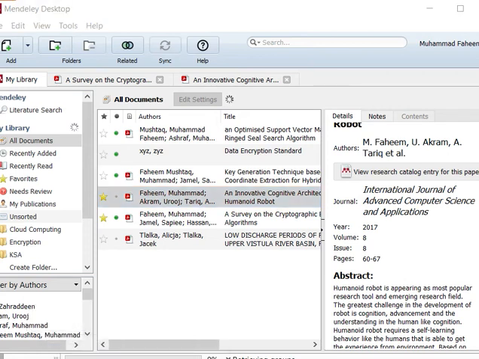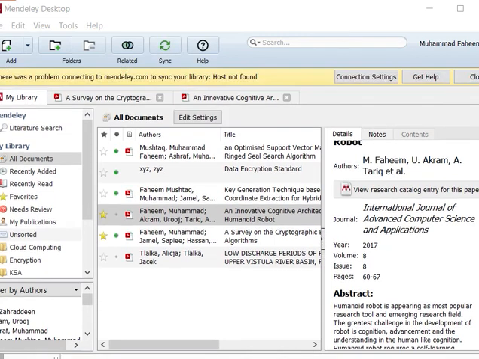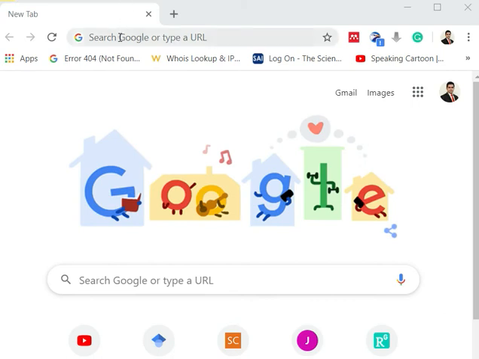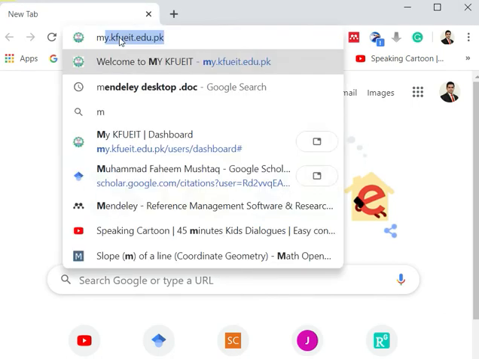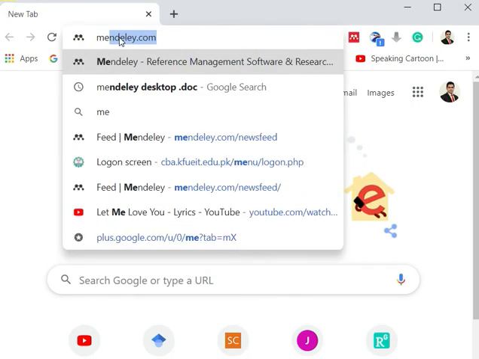So now we can open Google Chrome and see whether all these papers appear in the web variant or not, which will ensure that all the information that appears on your laptop is similar in the web variant as well. Here we search Mendeley.com. Okay,